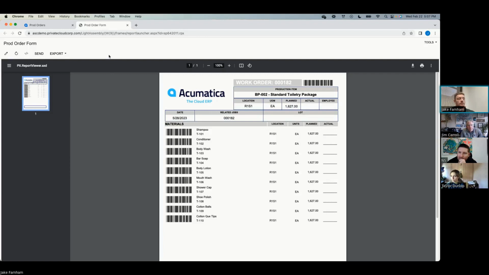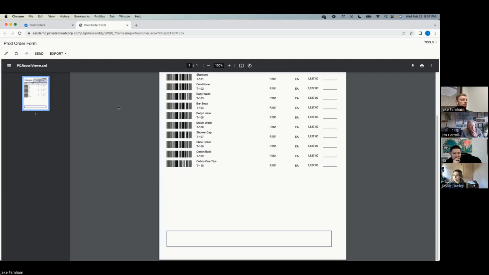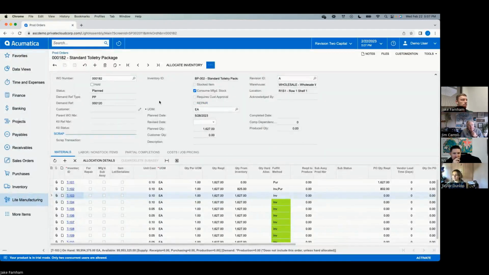So even if you're, I know not every warehouse employee is probably walking around with a computer and a monitor so that they can view whatever their upcoming tasks are. So you could also print and distribute these work order forms as well that would have all the instructions related to the work order. Yeah. Any questions about any of those processes? The forecasting, the kit assembly, the requirements planning,